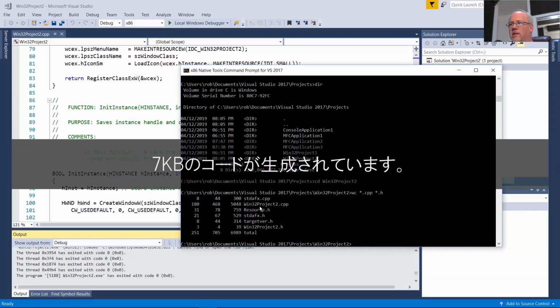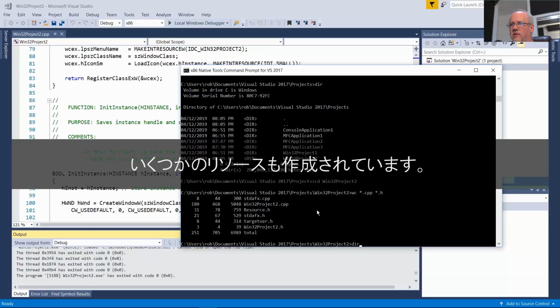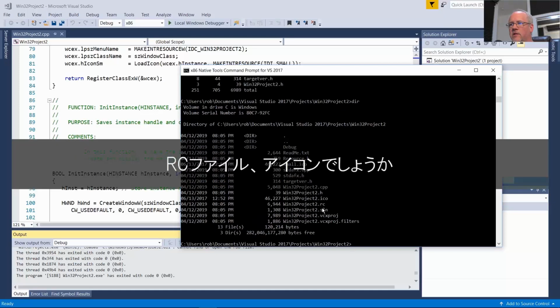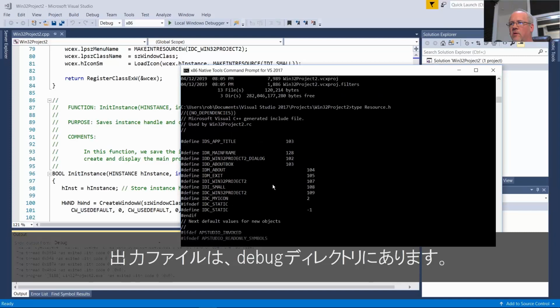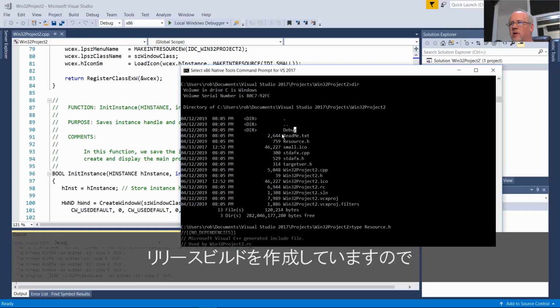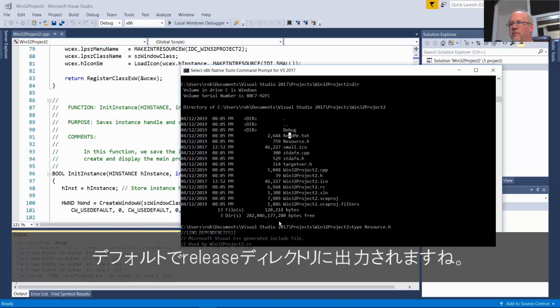So about 7 kilobytes of code was created. I think there's some resources created as well. That's this RC file, so that's probably that icon. You'd also have an ICO icon file. The output files go in that debug directory you see here. If it were doing a release build, then it would go into a release directory by default.